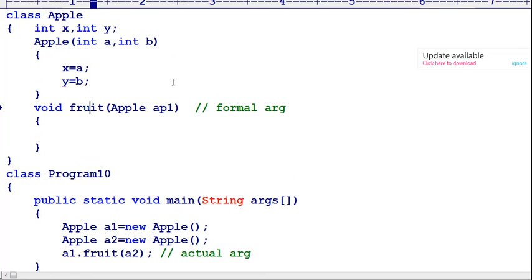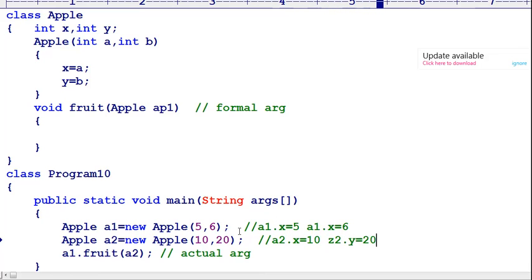Okay. Now with respect to a2, I am passing 10 comma 20. With respect to a1, I am passing 5 comma 6. Now a1 dot x value is how much? 5, and a1 dot y is 6. Similarly, with respect to the a2 object, the x value is 10 and the y value is 20.